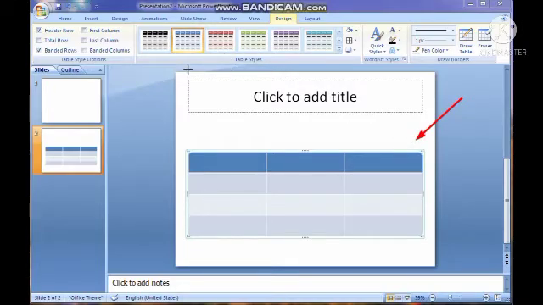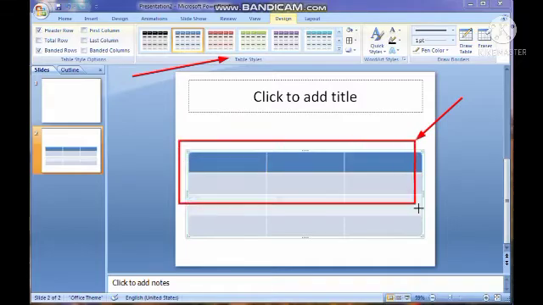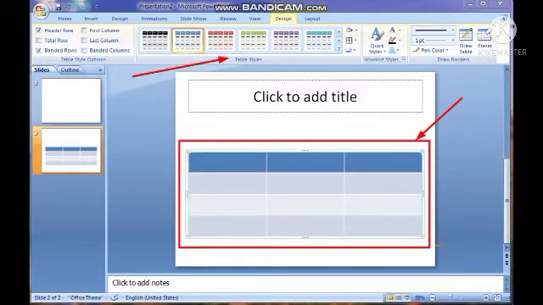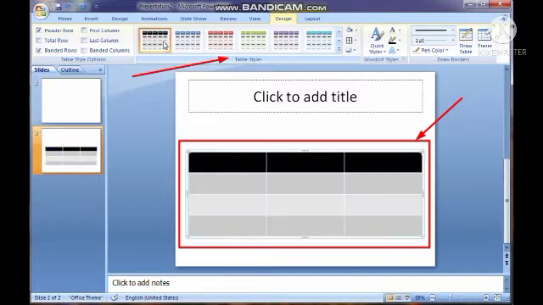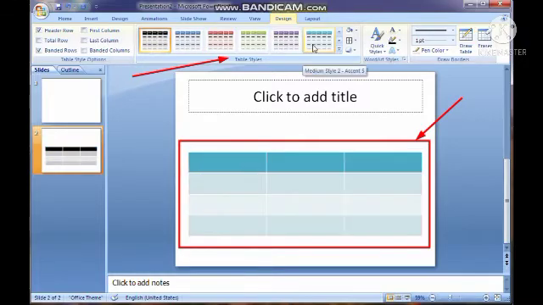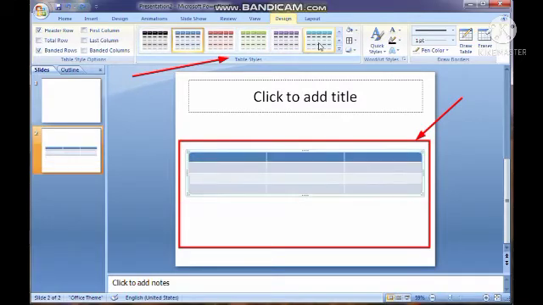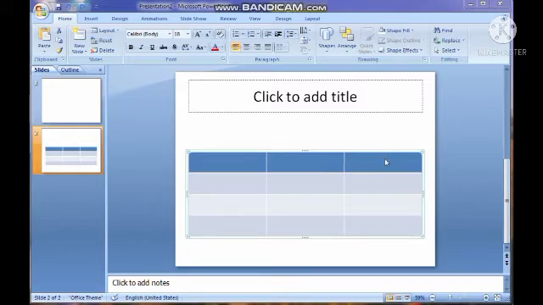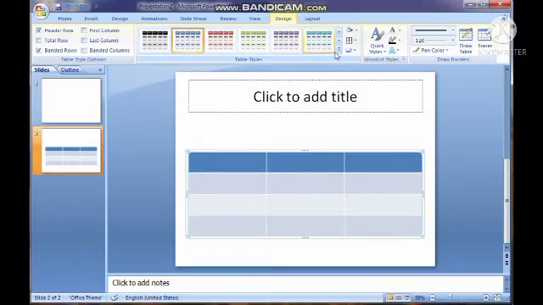When we click here on the table style option, you can see the changes in this table. Now I'm going to click on that. You can see, there are different types of table styles. Whichever table style we want to insert, we can select that table style. So I hope you all understood very well how to change the table design. We click on the design tab and then we can change the table design.